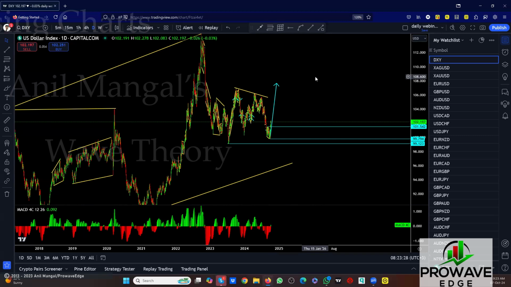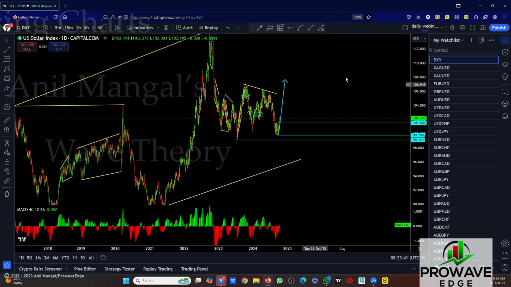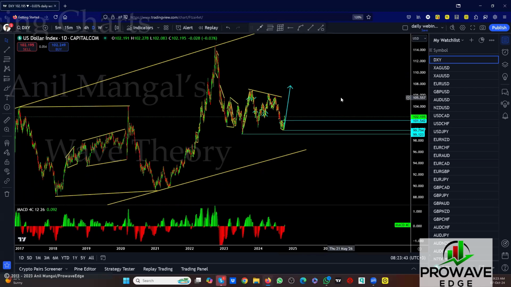They're looking for patterns. They're telling you it has to make an alternative pattern. If it's a square that's flat here, it has to be a triangle. That's nonsense. And if it's a WXY, it has to be an ABC, or an impulse can only have 5 waves, and all of that. That's nonsense. It is nonsense. I know I'm going to criticize it, but it's nonsense. The market is not doing anything you want it to do. It's doing what it's doing.